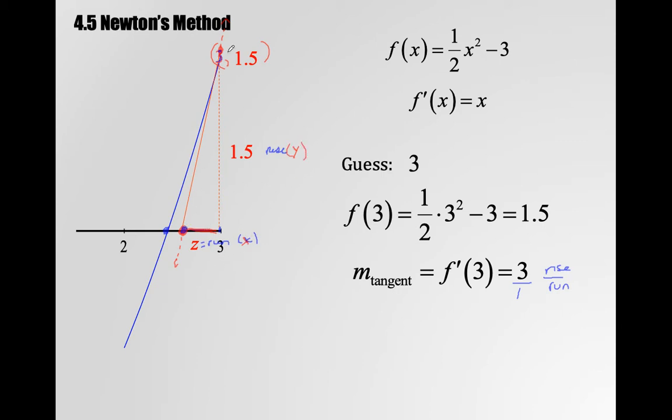So the slope of the tangent line is rise over run, which is 1.5 over run, right? So I'm just filling in the equation. The slope